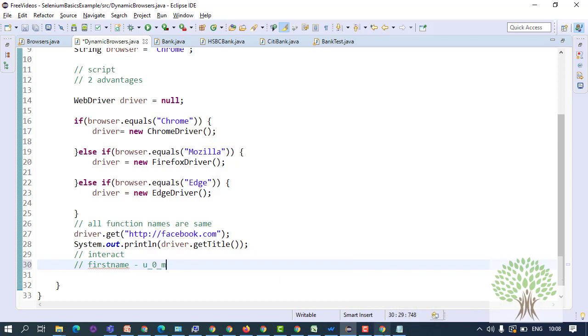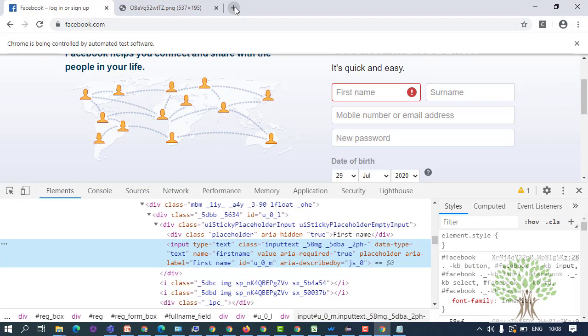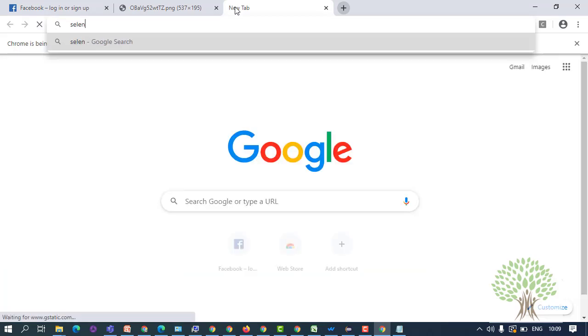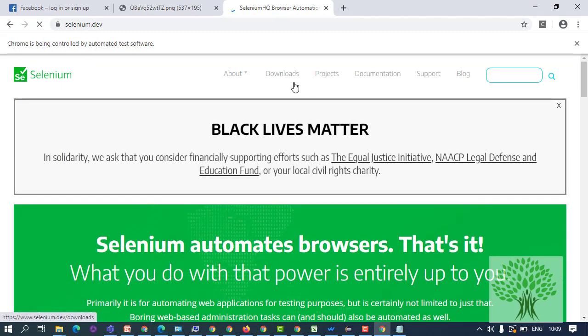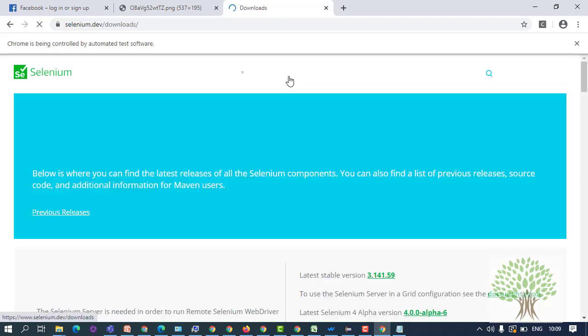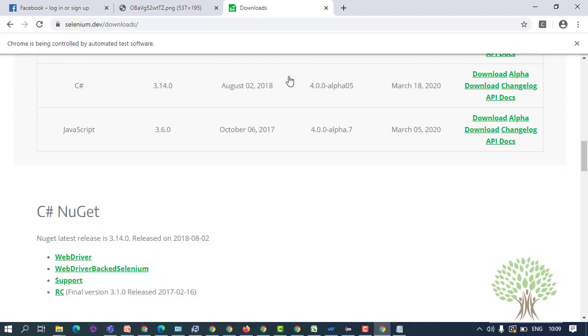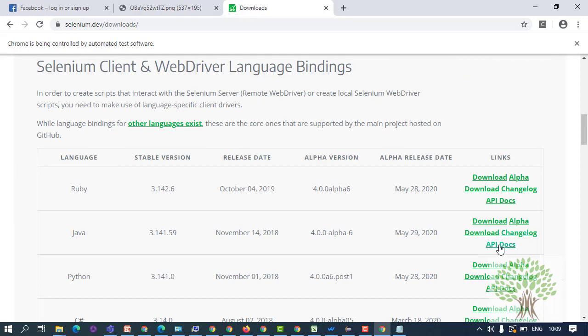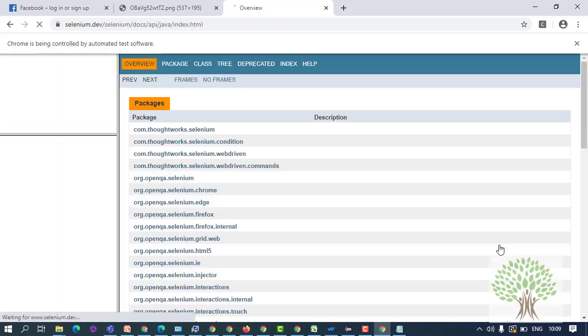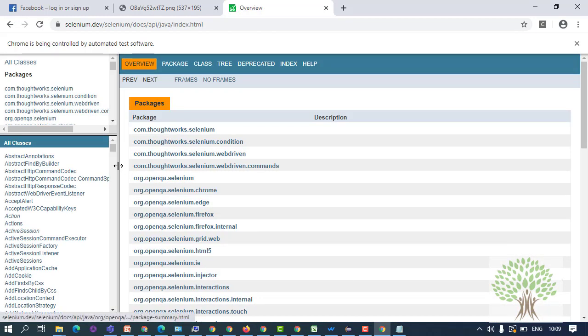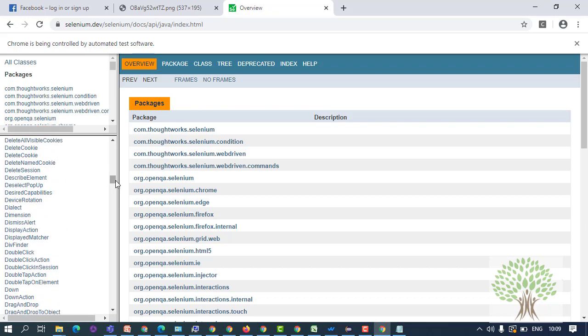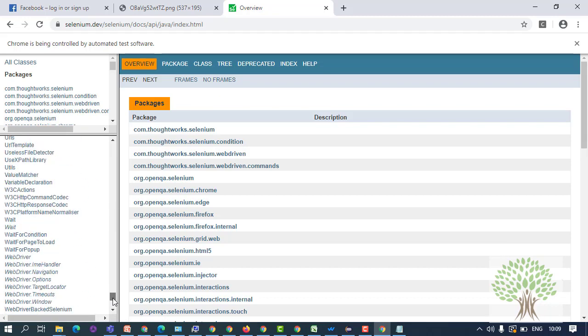To understand this, you have to go to the official website selenium.dev and open up the documentation. Okay, this is the Java documentation. Fine, and over here, I had told you that WebDriver is the major interface.